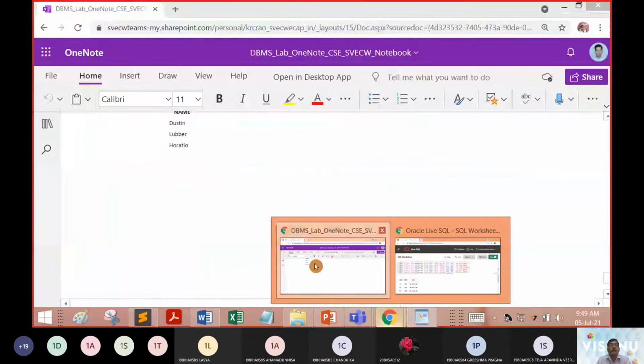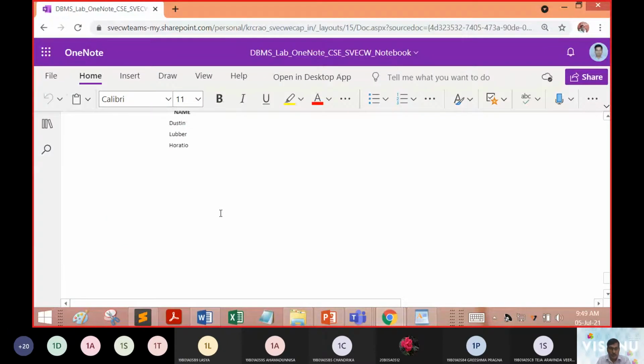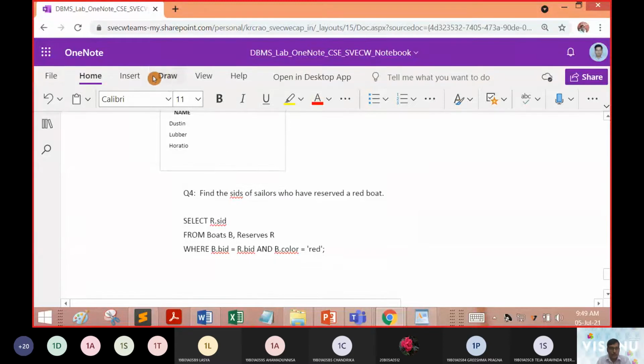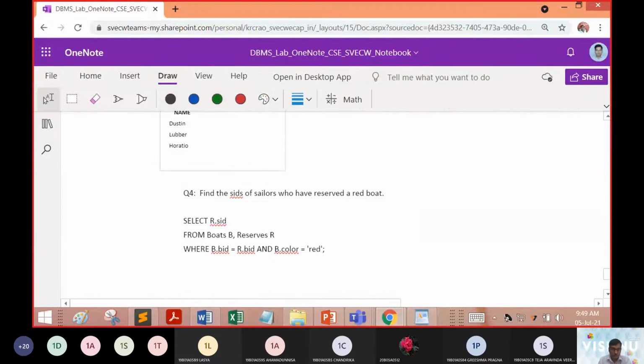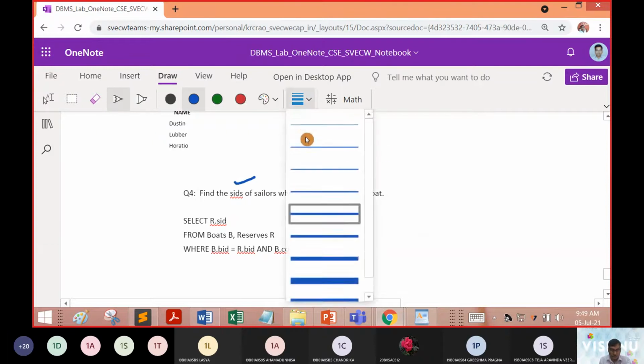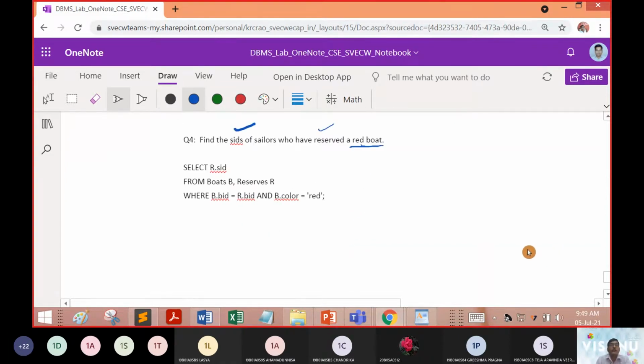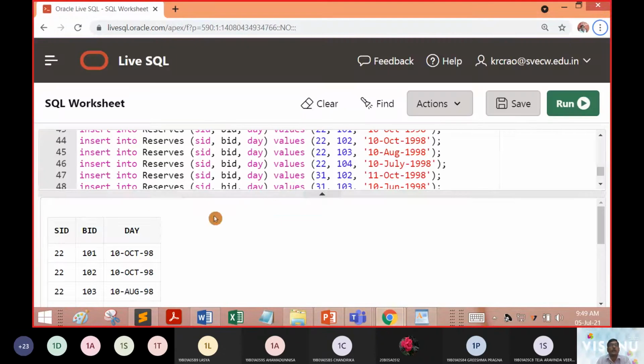To do that, we are now putting the things into the notebook we are looking at. We put the question at this point of time: find the sailor IDs. Then we are asking for the reserves, and the color we are mentioning as red. Now we can put the same query into the SQL work area.